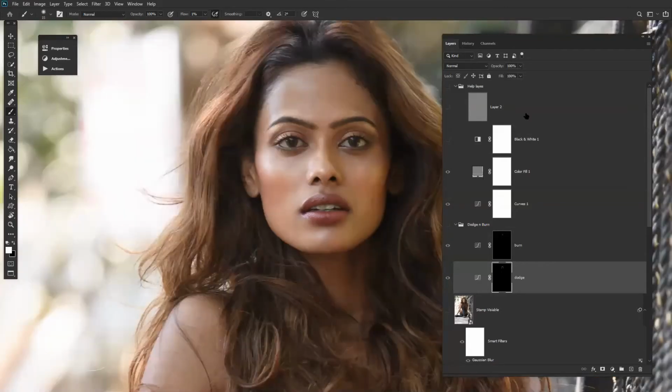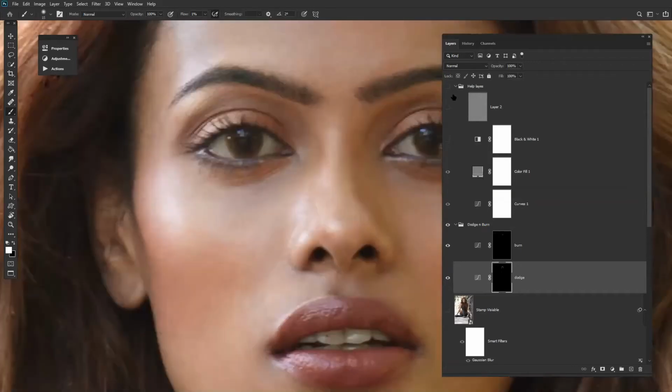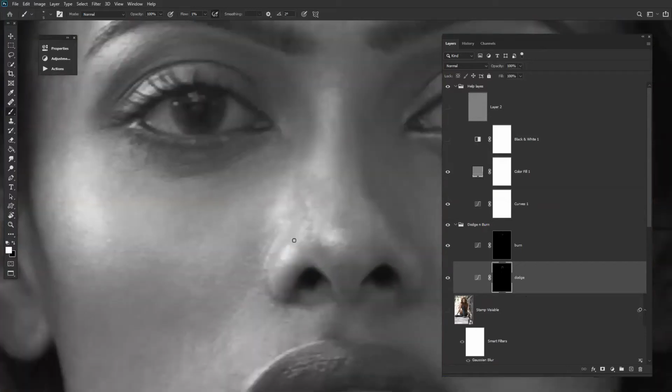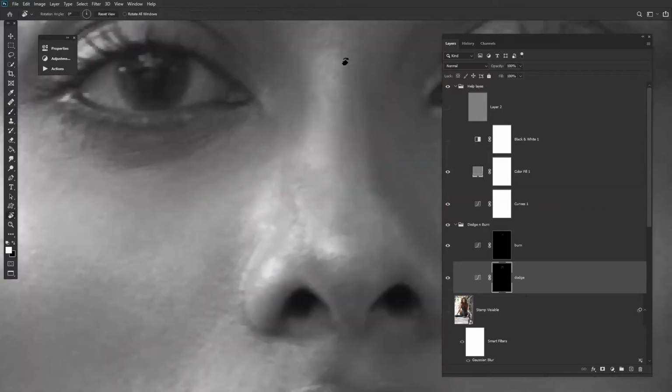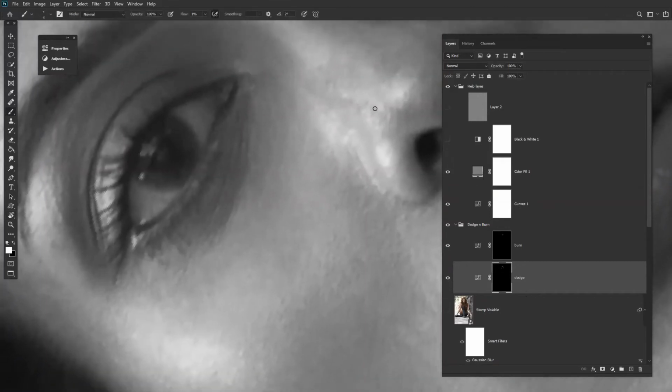So let's zoom out a little. Now we can go through. Now let's come to the nose area, this area of the nose. First, we dodge it out, this area, even it out. These are minor areas that we have to work with. Rotate the screen, keep rotating according to your hand. If you feel your hand pressure is getting too odd, then rotate and it will be much more comfortable for you to work.